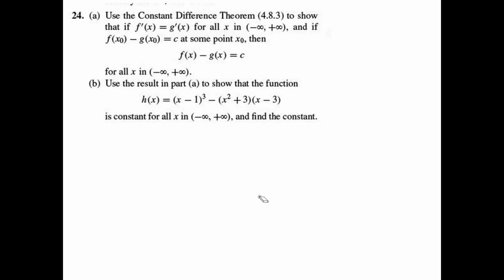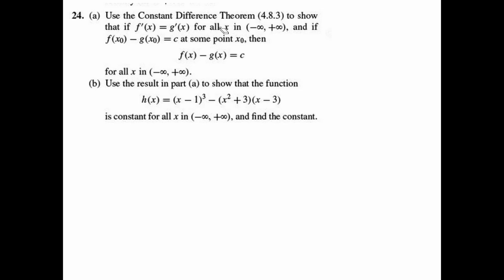I think this directly follows from the theorem, right? The theorem tells us that if f prime of x equals g prime of x for all x in the interval, then f of x minus g of x is a constant. And so that means it never changes. So if its value at x naught is c, then its value has to always be c. To me, that's obvious from the theorem. So I'm not exactly sure why they put that there, but I mainly chose this problem to go over part